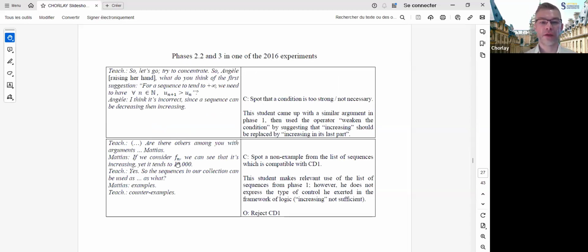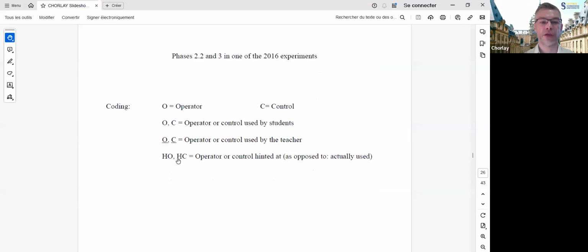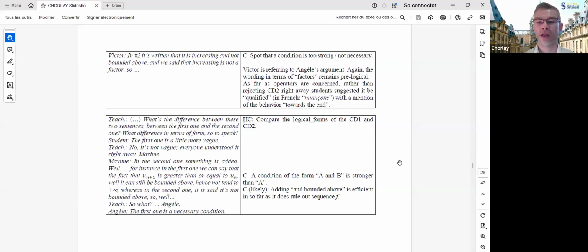In the left-hand column, you have extracts from the verbatim, so the actual exchanges among students and with the teacher in the class. In italics are quotations, mostly quotations. And in the right-hand column, it's my analysis in terms of who does what. Is it something that the teacher does or something that the students do? And a classification of the various moves